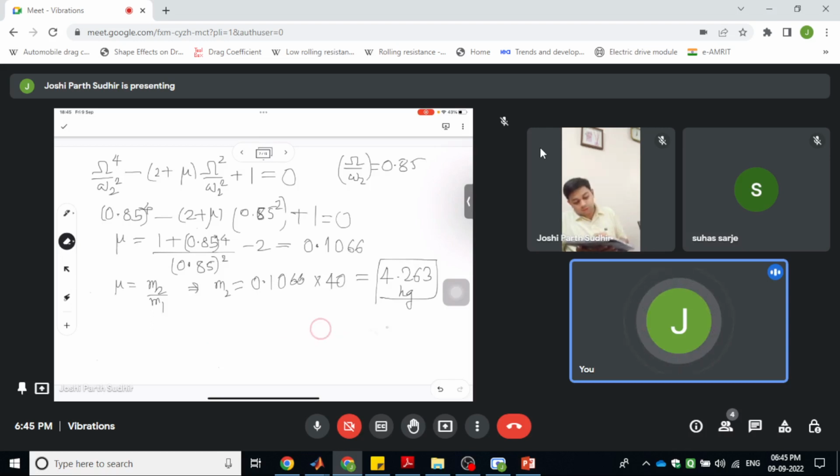So that is the value of the mass m2, and we can find out k2